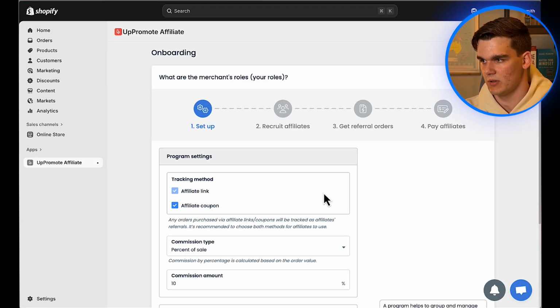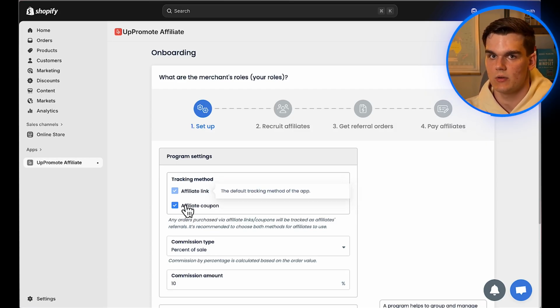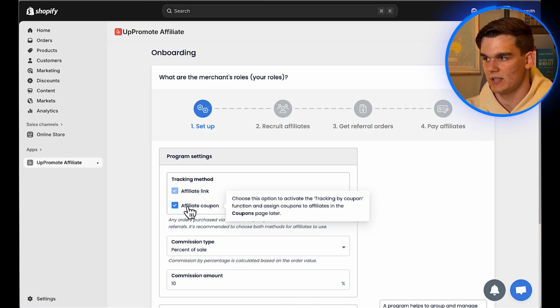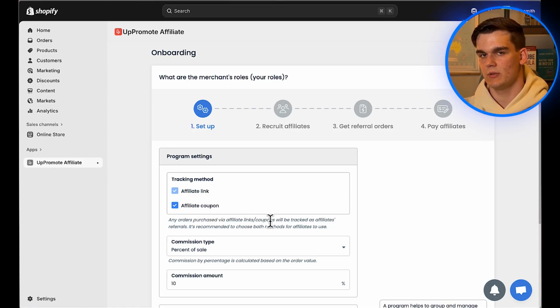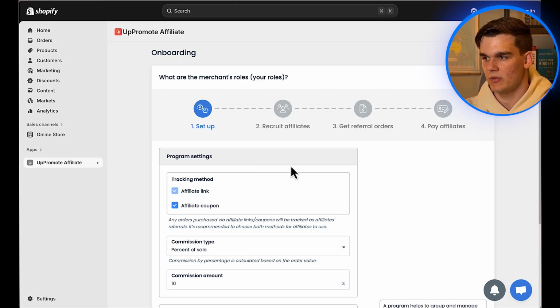Now we're getting to the important stuff. The first decision you need to make is how you want to track your affiliate sales. UpPromote gives you two options here. You can track by affiliate link only, or you can also add coupon tracking. I recommend leaving the coupon option turned on because it gives your affiliates more flexibility. Basically, if you give your affiliates a special discount code, the system will automatically track those sales back to the